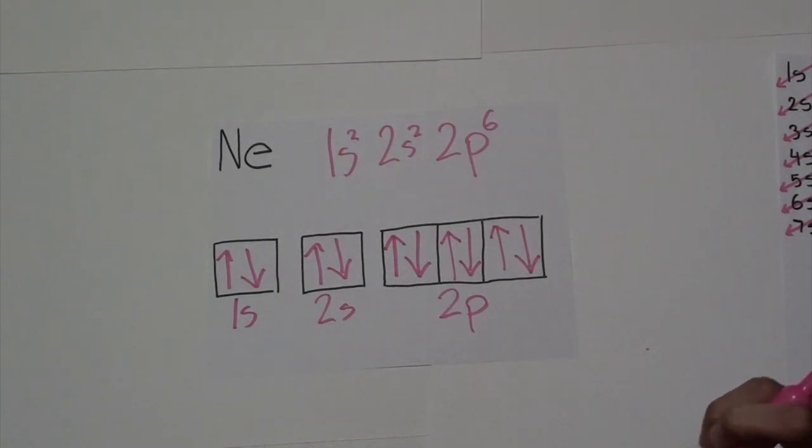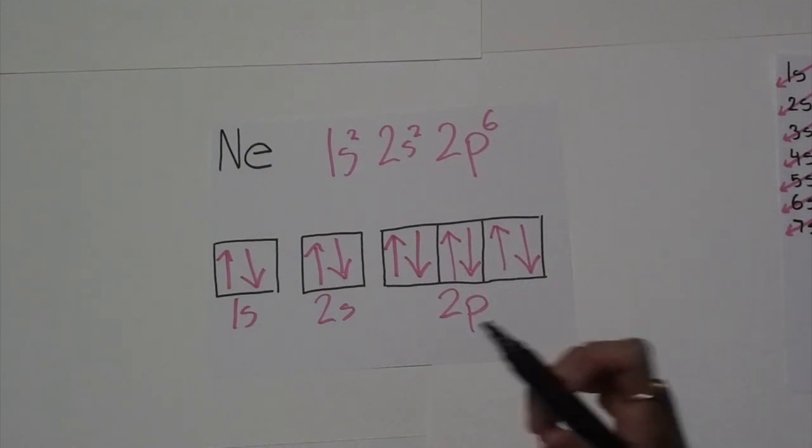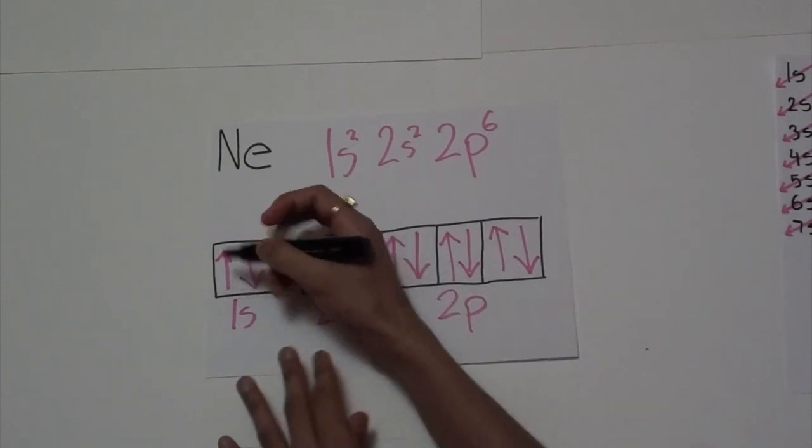Okay, so one last thing about this example I wanted to point out is that, let's say on a test or exam, your teacher asks you to find the magnetic spin for the 9th electron. So the way you want to count is that you want to count like this. You want to count 1,